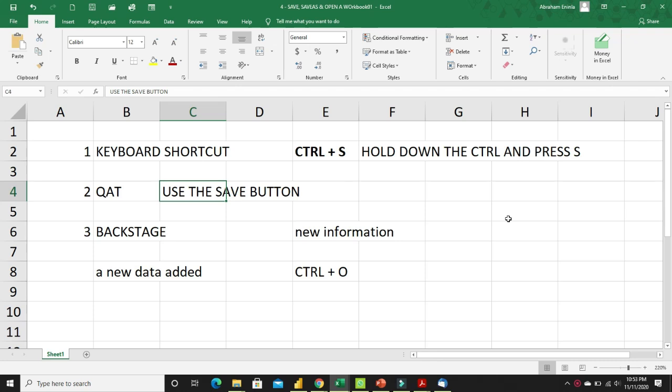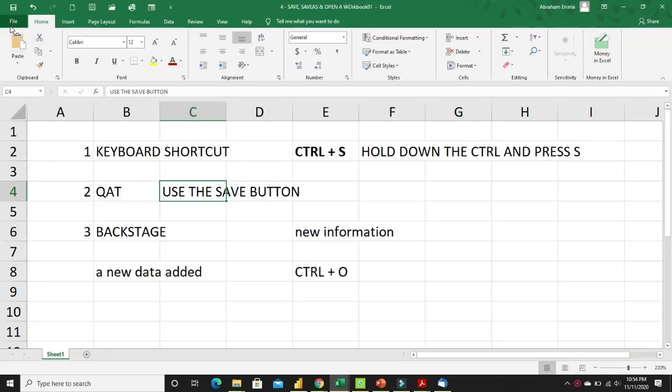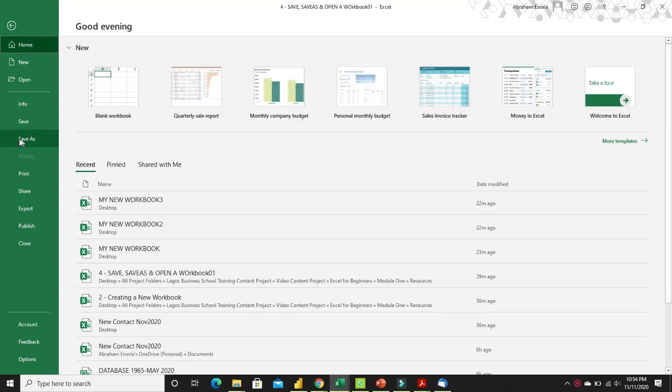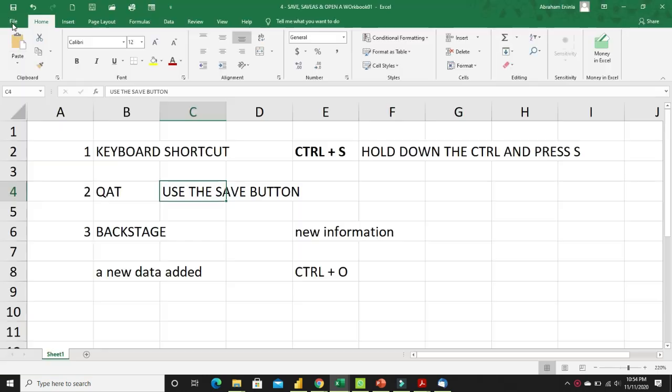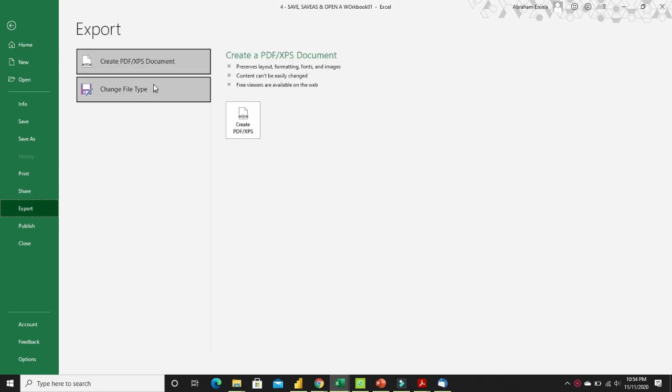Now in this section, we are going to be looking at exporting an Excel workbook. So how do you export? We have a few options to export. Of course, the one that we're going to look at is the PDF. So you can choose the export option from the backstage. That is when you go to the file tab, and that takes you to the backstage. Then on the backstage, you click export,